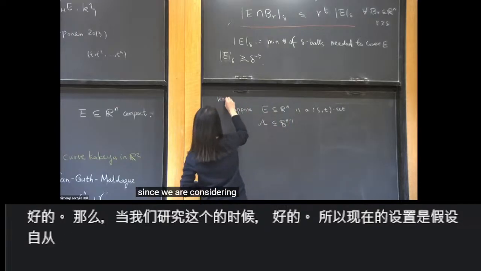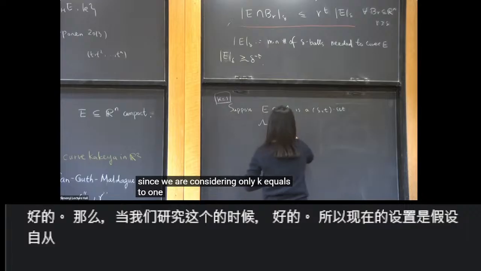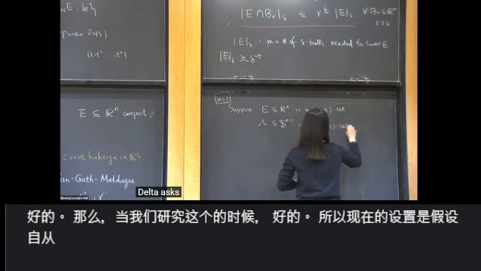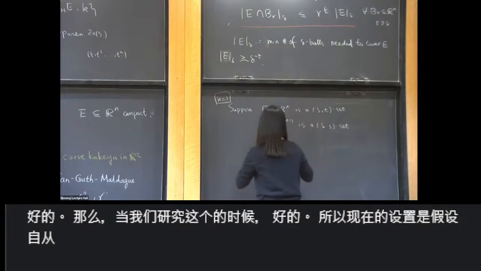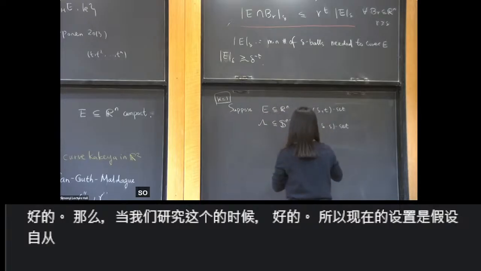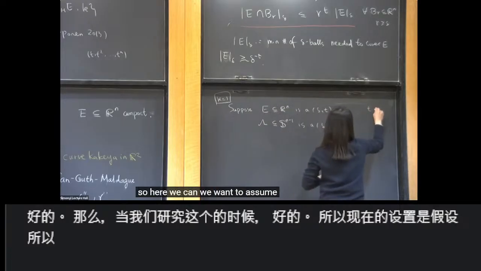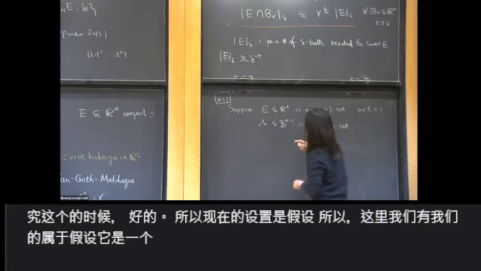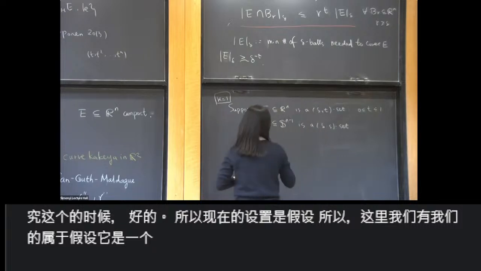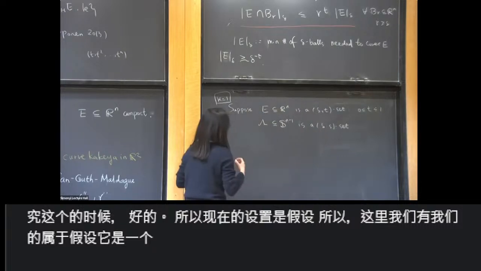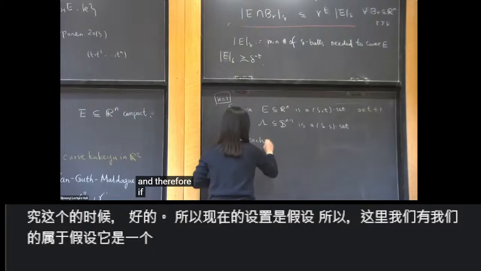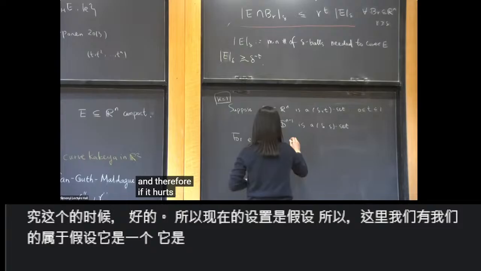Since we are considering only k equals 1, delta S. So here we want to assume that T is less than... And then for each theta in lambda,